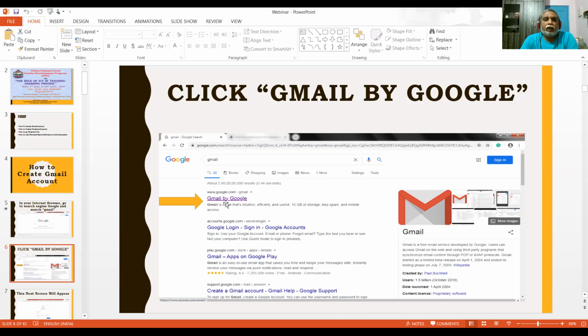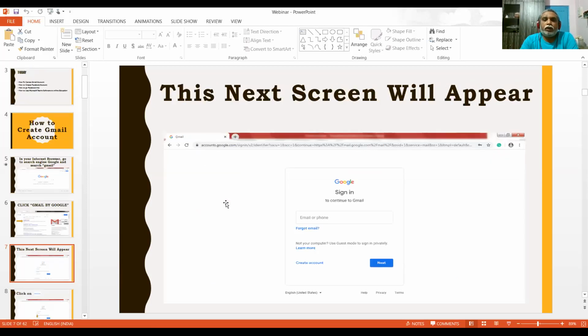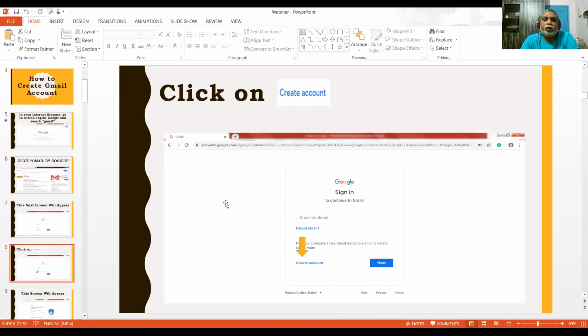Then the second screen will appear. Sign in means if you have an email ID, then you enter your email ID. If you don't have an email ID, you click the create account button.